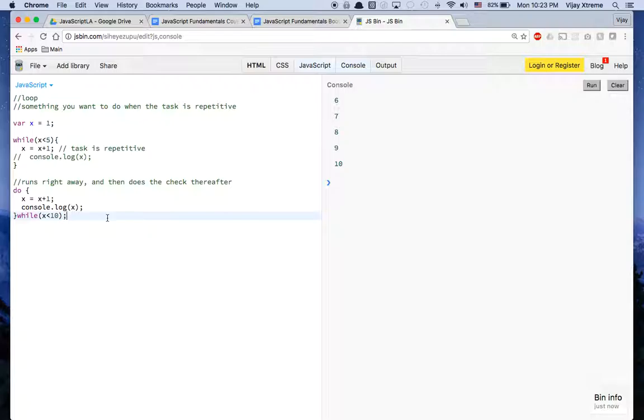So that's essentially what's going on here. Actually, if we want to prove this to ourselves, we can put the value of x here and then here, just to see what's happening. So right here it's 5, and then after adding 1 it's 6. Then again, 6 is less than 10, so console log the value of x at this point, it's 6,